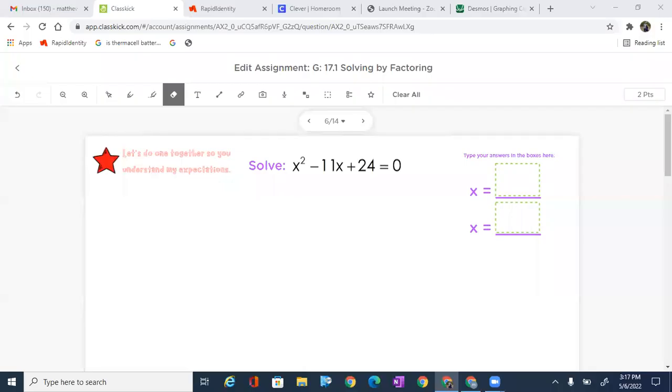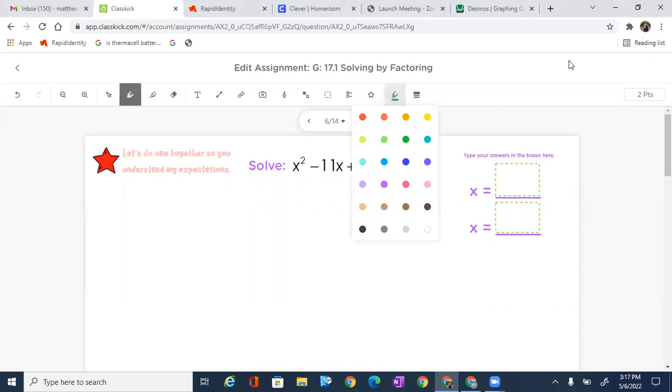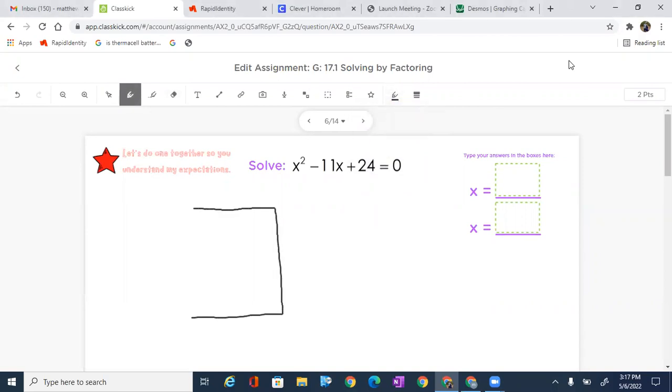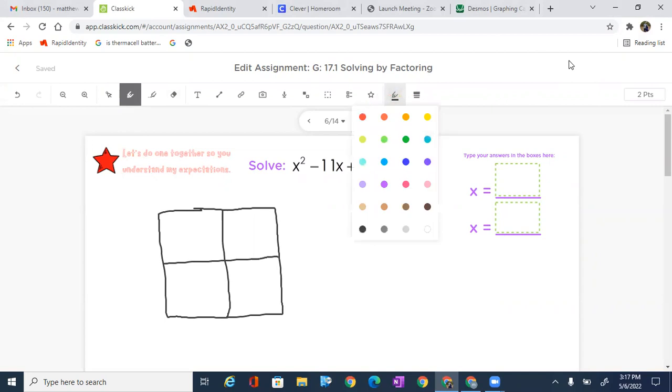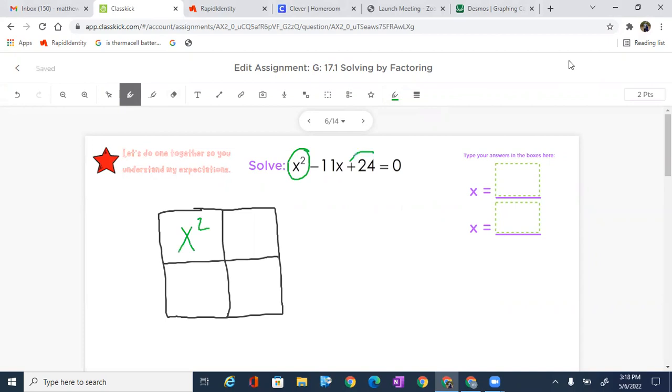Let's go ahead and solve some quadratics by factoring. And as we do this, we're going to use the tools we've learned in class, and that is our area model. So let's go ahead and go to the area model, start drawing that out. And I'm going to start putting in those pieces that are very, very important to us. So I'm going to start with our leading term here, that is x squared. And then I'm going to go ahead and put in our constant down at the diagonal from it, which is